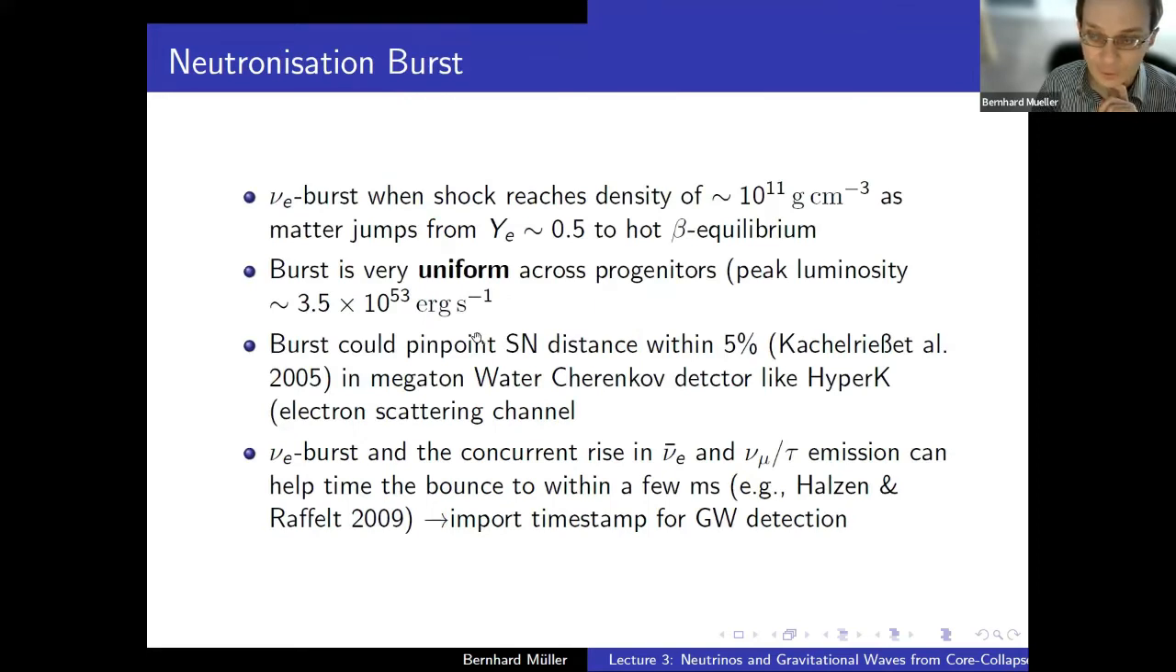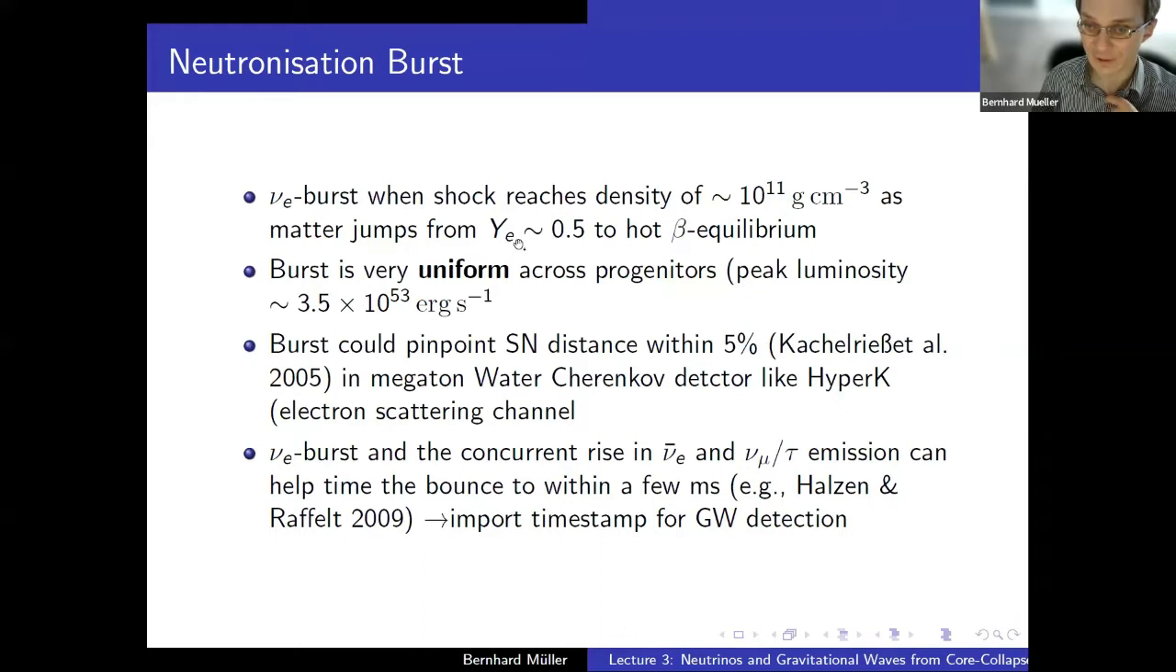So the physical origin of the burst has already been discussed. The burst happens after the bounce when the prompt shock propagates into material of lower density. And once it reaches material below densities of 10^11 gram per cubic centimeter, then neutrinos produced there can immediately escape, and they will escape predominantly as electron neutrinos because you shock matter that's about symmetric with